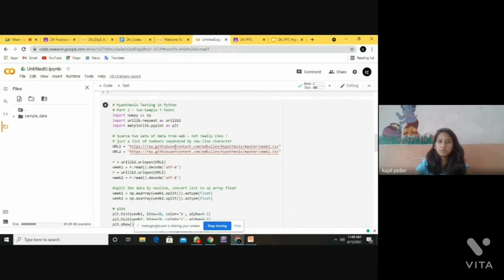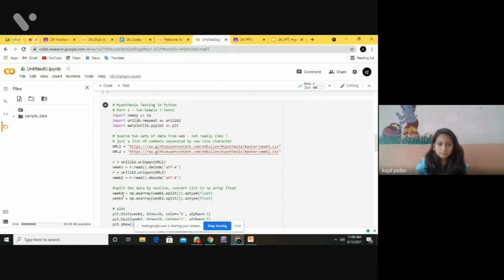We are taking the two values from URL and URL2, including urllib request as urllib2 and matplotlib pyplot as plt. We open the first URL and request it in read mode, and in a similar way we do week 2.